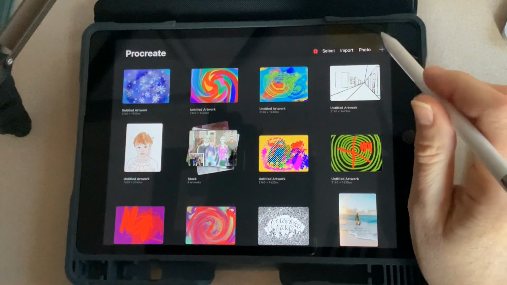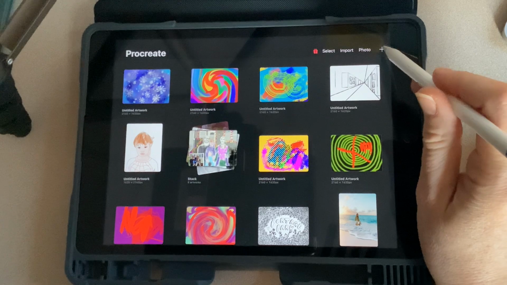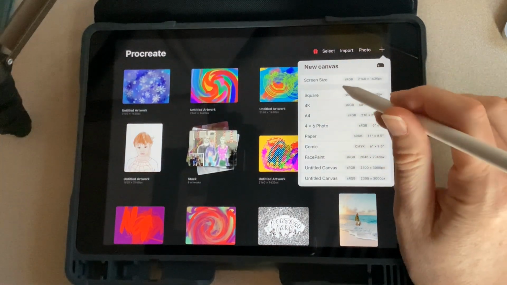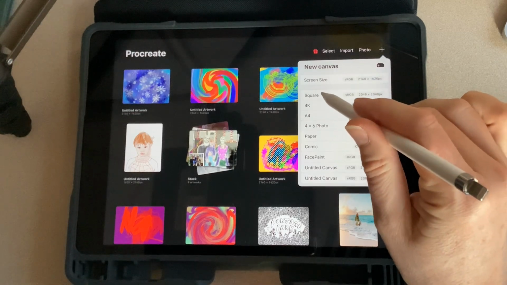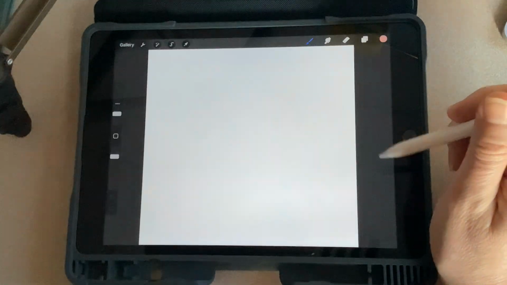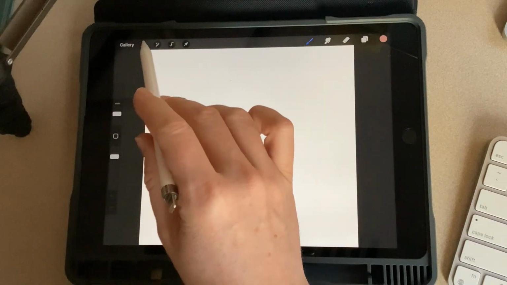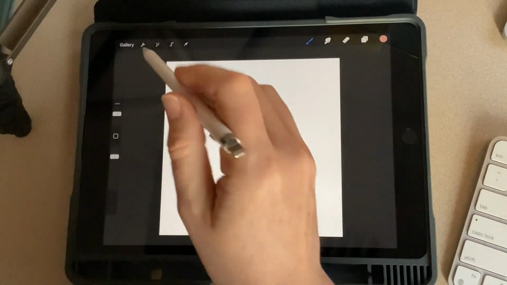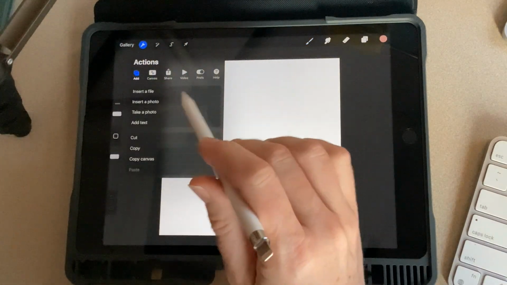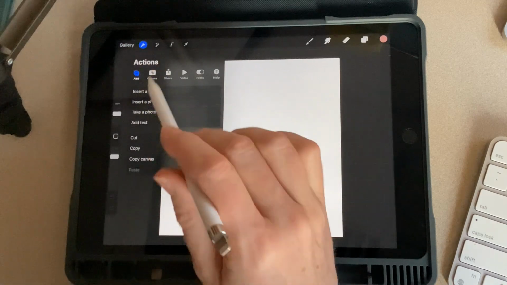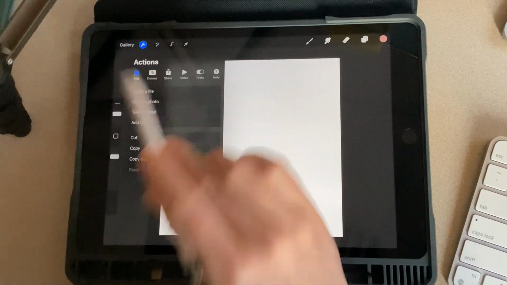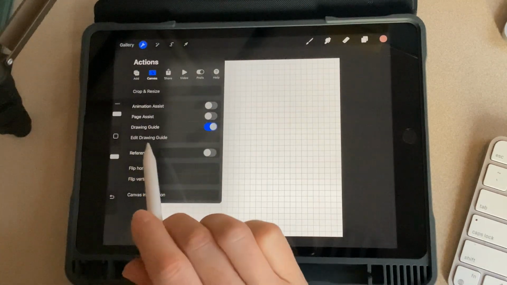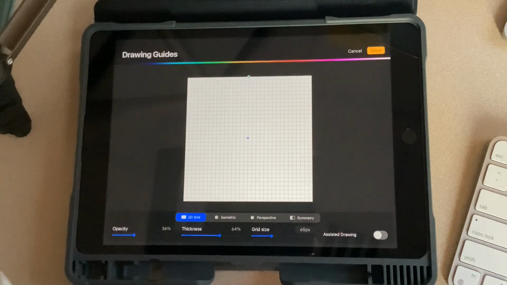Okay, so for this video, let's create a square file. We're going to be using the Radial Symmetry drawing assist, so we want to make sure that we have a square. And we're going to zoom out a little bit so we can see the full square and go into our actions. Select the canvas tools on the top and go to our drawing guide, edit our drawing guide, and we'll